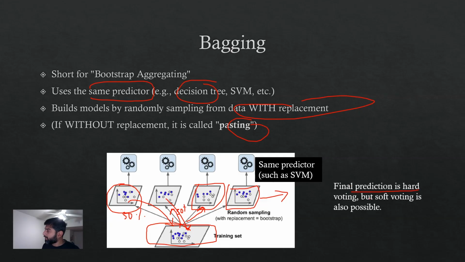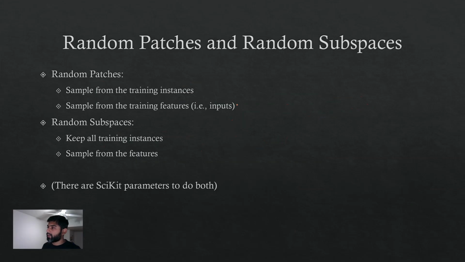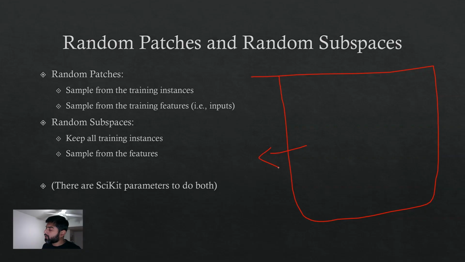The final prediction is hard voting. Typically, by hard voting, what I mean is each model gets its own vote. Whatever the majority of these models would say, the final result will be based on that. But if you would like, you can also use soft voting, and you can tell the algorithm, I really want to use soft voting, even if the typical or default way is to do hard voting on the bagging algorithms. There are two ways to sample the data. For example, I just talked about the big data set, and you're taking samples of this data set and making 500 different models out of it. How do you do that?